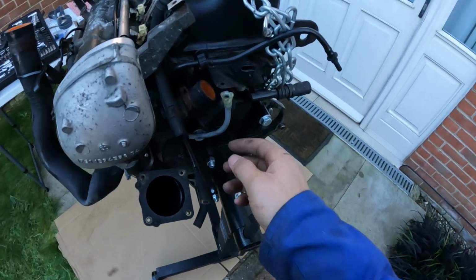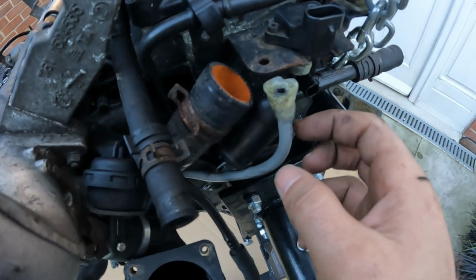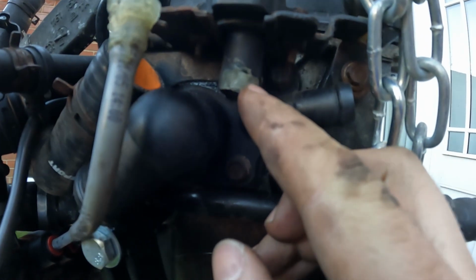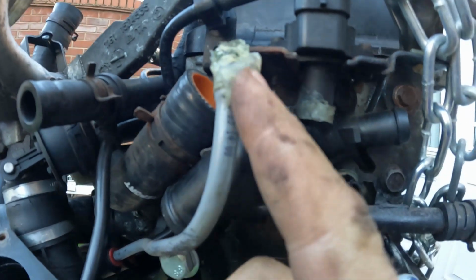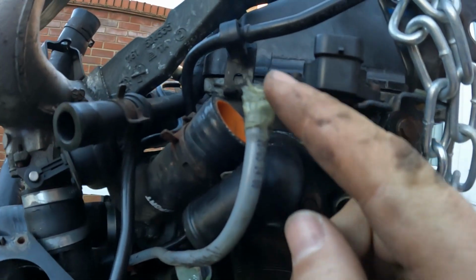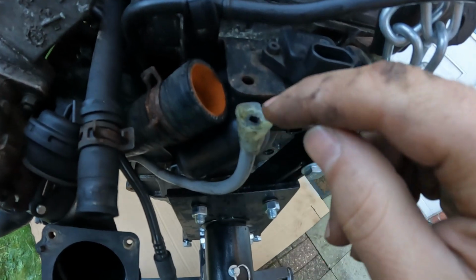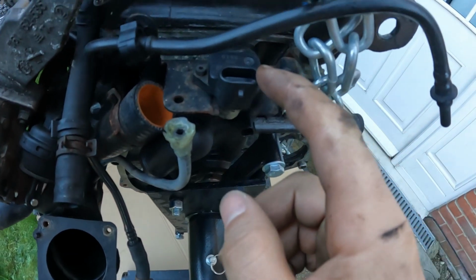And one other thing, this is the MAP hose, manifold absolute pressure hose. This I pulled off a couple of videos ago when I was moving stuff about, but you can see where this has had, I don't know how many repairs, and that's snapped off of there. So looks like I'm going to have to probably get a new piece of tubing, because you can see the plastic snapped and there's all this gunk, and a new one of these